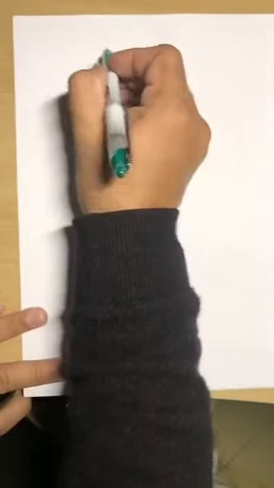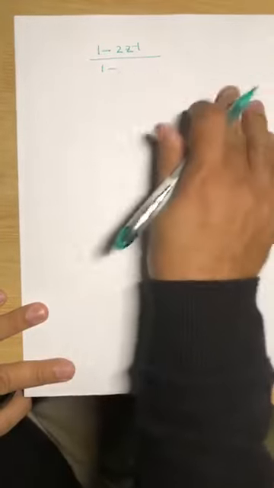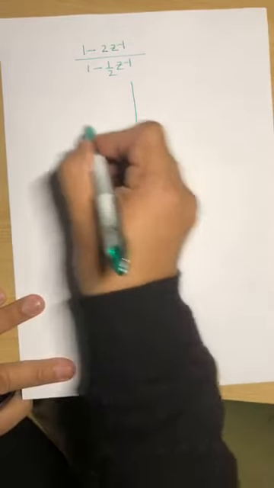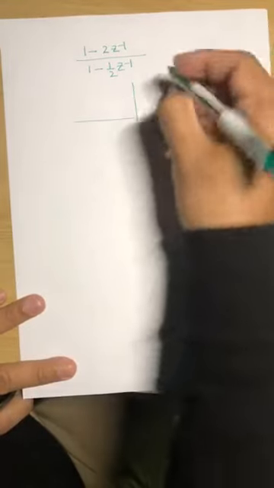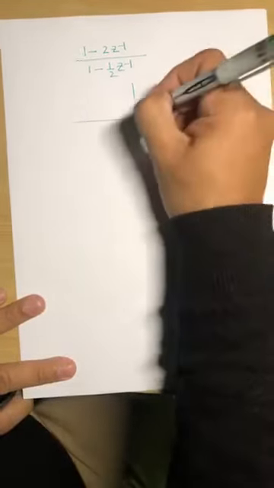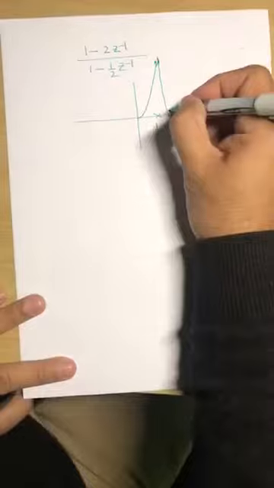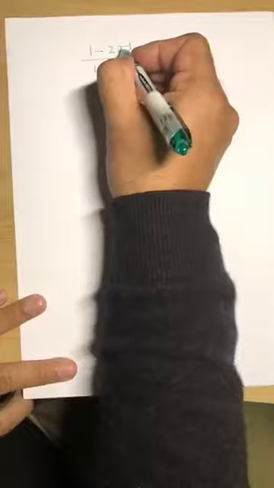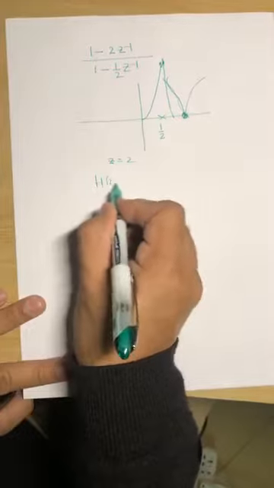So let's say you have 1 minus 2 Z inverse over 1 minus half Z inverse, and if you try to plot the Z transform, it makes a pole at half. And the Z transform value will be 0 here at 2, because once you put Z equal to 2 in H of Z, so H of 2 is equal to